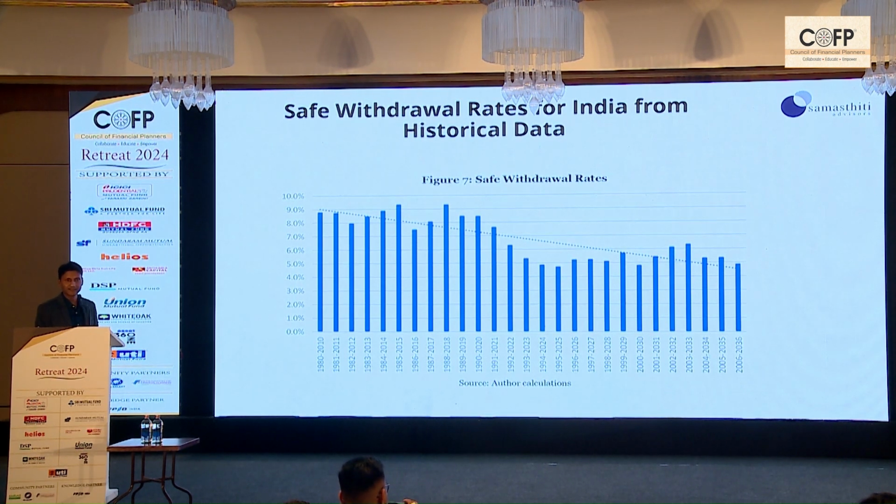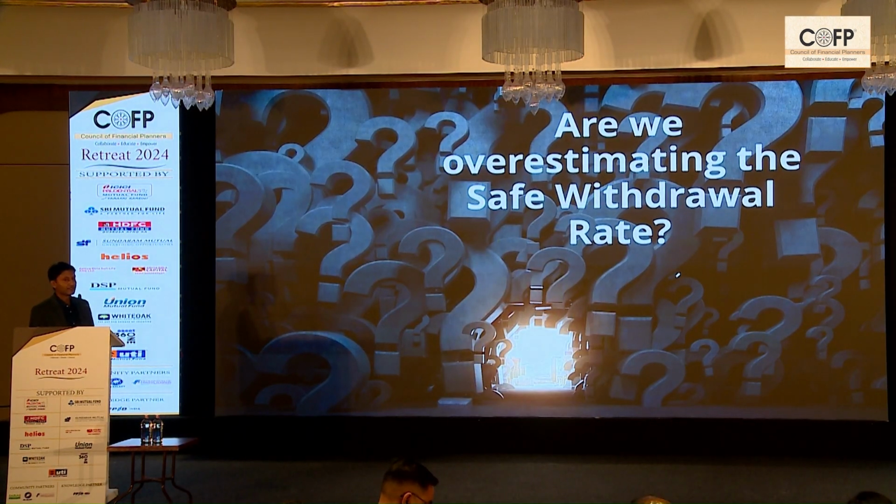This looks fantastic, right? 4% withdrawal rate looks small, right? You can see in the early years, people who retired way back, they could even enjoy an 8 to 9% withdrawal rates. Withdrawal rates have come down, but even if we look at recent withdrawal rates, it's still comfortably over 4%. So based on this data, you couldn't fault somebody if they were using an aggressive withdrawal rate of 5 to 6%.